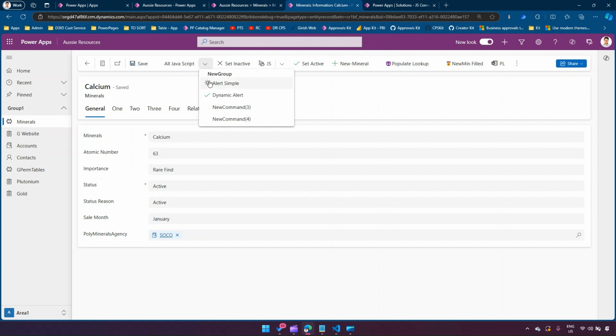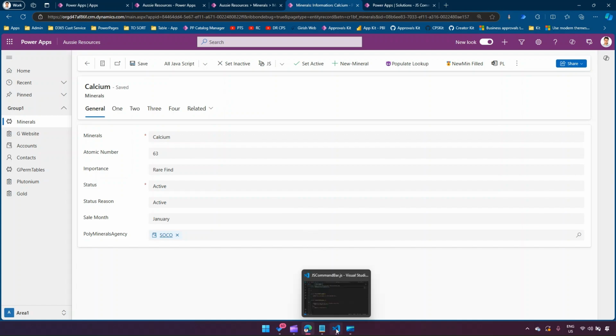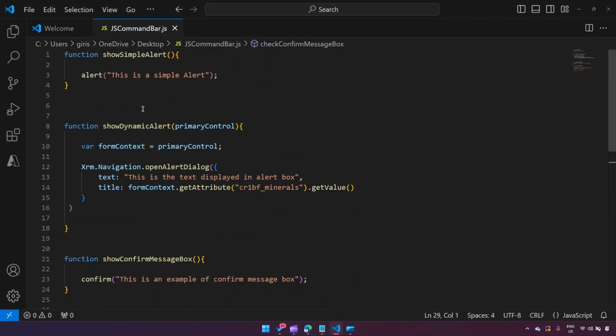Now if you click on dynamic alert, here it should display that alert message box, which is basically an open alert dialog. But currently it is not displaying, so maybe there is something wrong with the JavaScript. So again, go back to our JavaScript and see what's happening. This is function show dynamic alert. You have passed the primary control basically, and we have taken the form context. So form context is primary control, and we have utilized